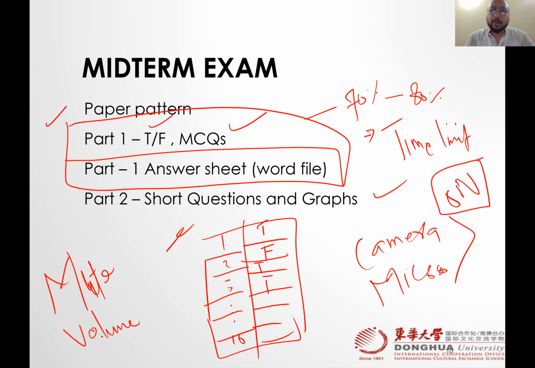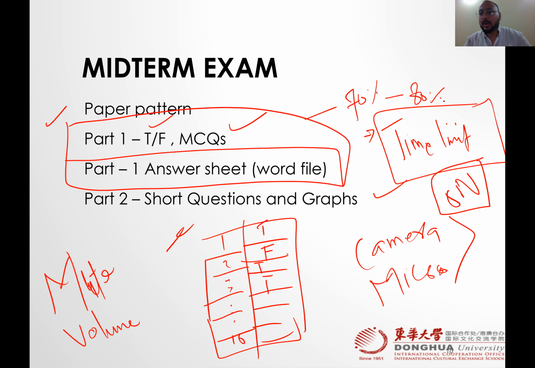To minimize the window of cheating, I'm going to give you a time limit. Ideally, in order to do all the questions in that time limit, take out a page, read the question, and write down the answer. The first part is true, false, so you have ample time. You click the answer sheet and put the answers in the box. That's it. But believe me, I'm going to give you enough time to write down the answers and send me the file.